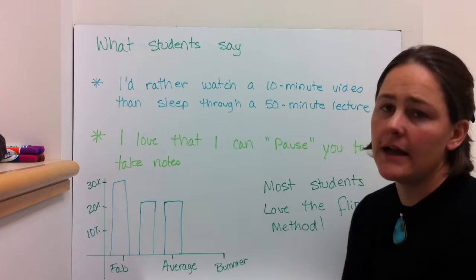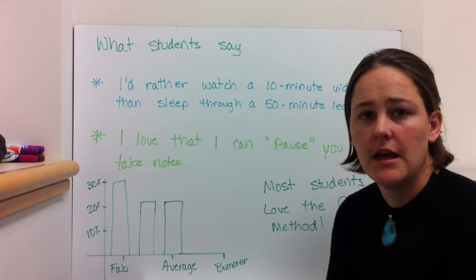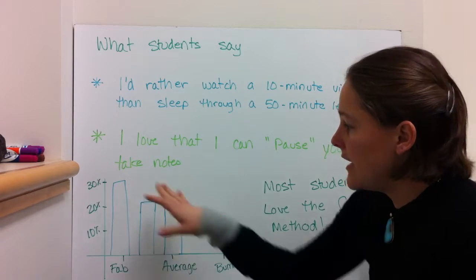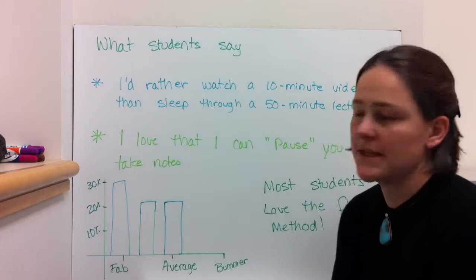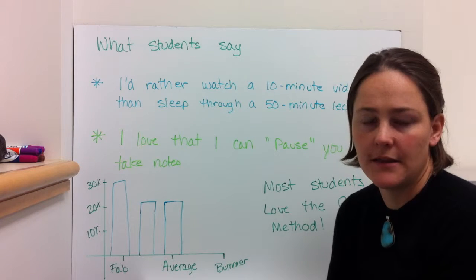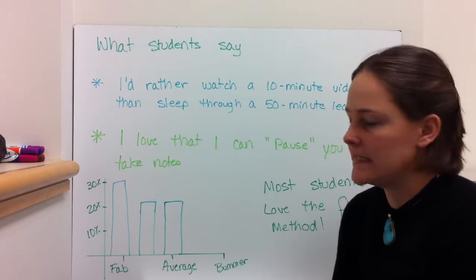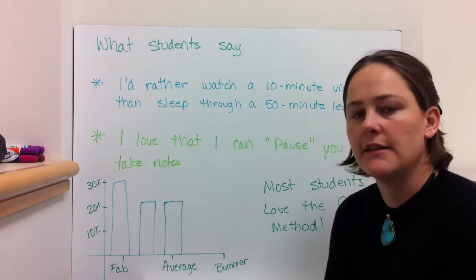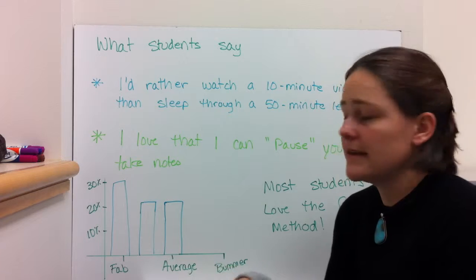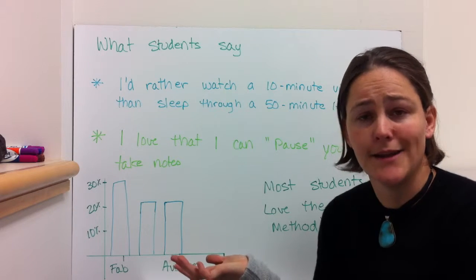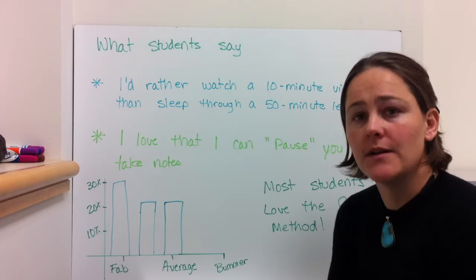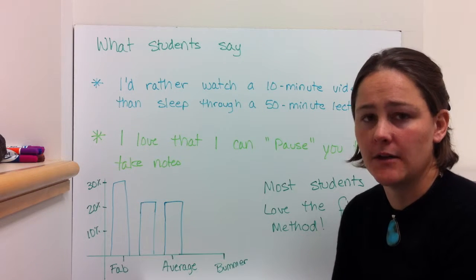So I recently, last week, did a little survey to find out how my class felt about this method. And what they said was that 30% of them thought it was fantastic. Another 20% thought that it was above average but maybe not fantastic. And then the remaining 20% thought that it was about average. So what that means is that I had 70% attendance on a Friday, early Friday morning. And so my students are still coming to class, even though they can get the material online.